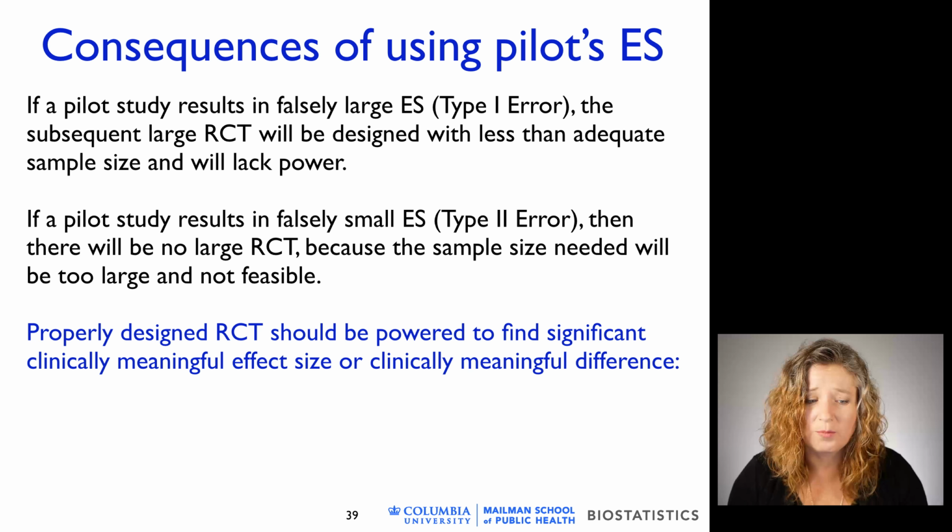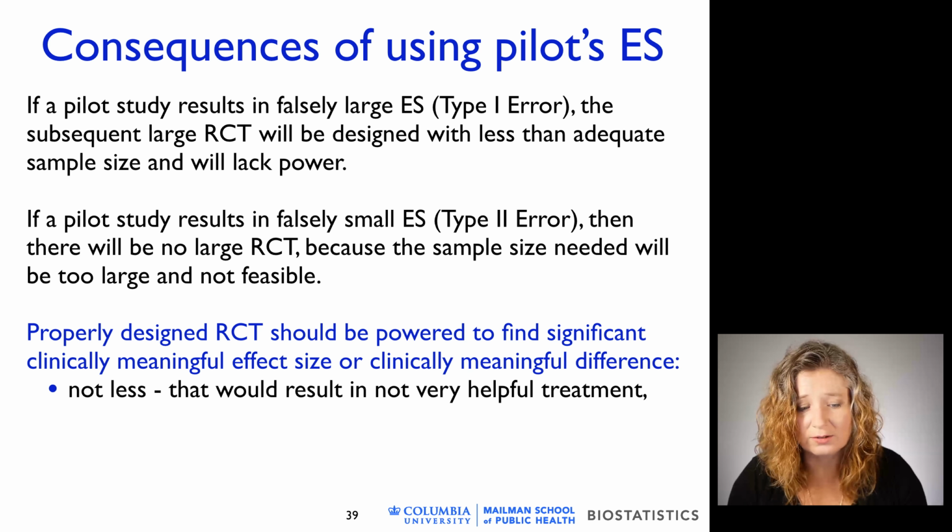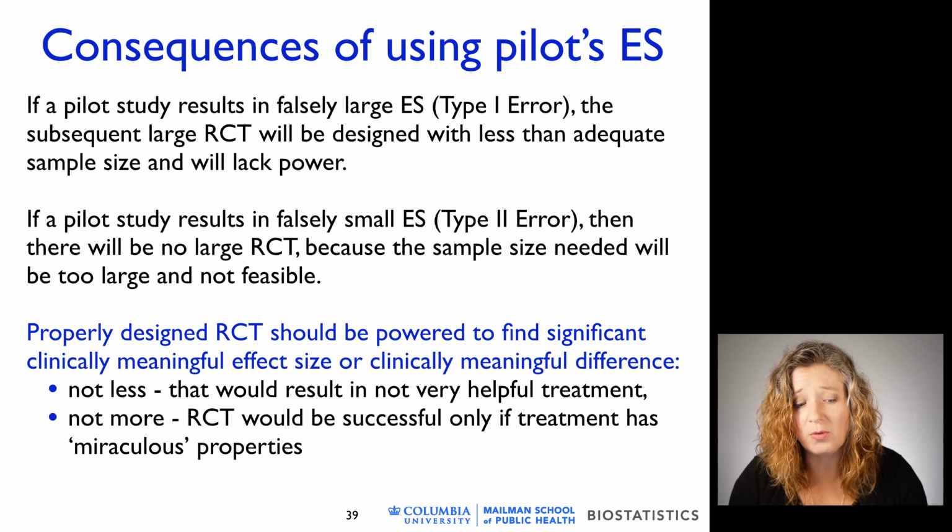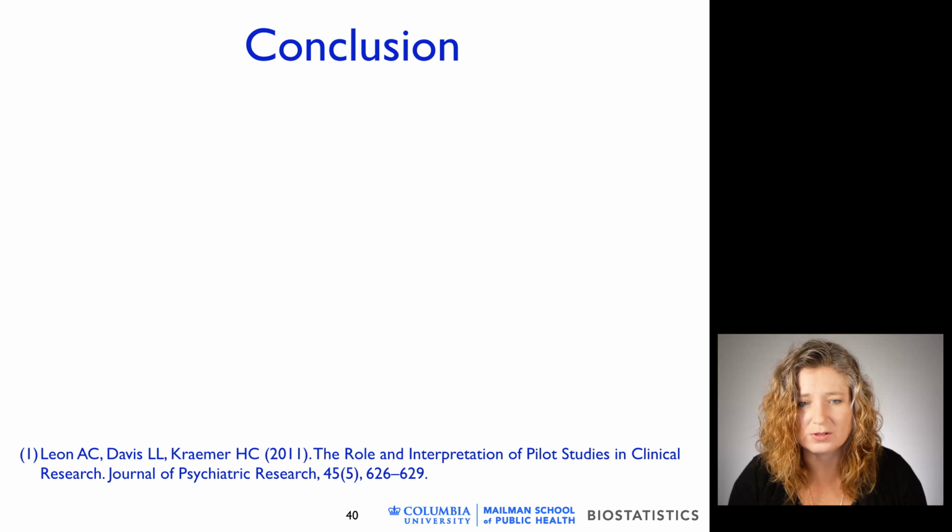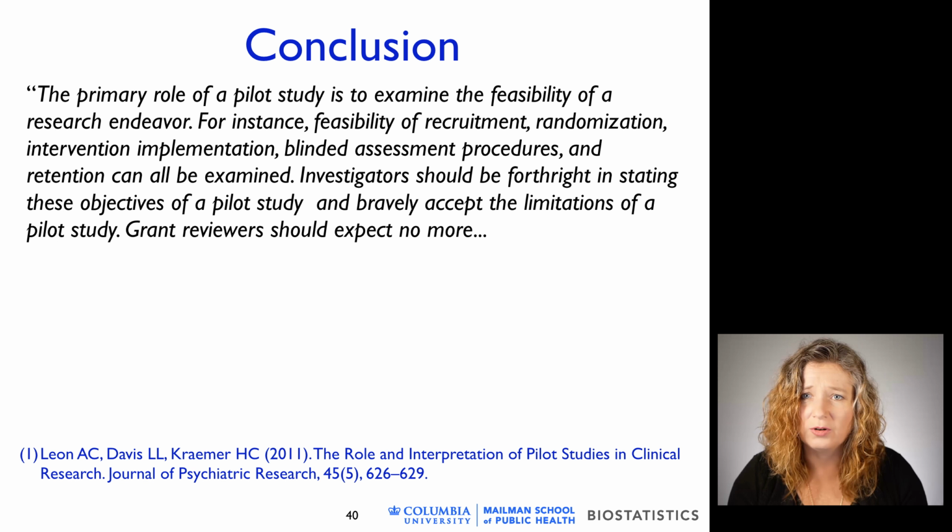So again, properly designed randomized clinical trials should be powered to find a significant, clinically meaningful effect size or clinically meaningful difference. It should be not less, as that would result in a not very helpful treatment, and not more, because the RCT would be successful only if the treatment was super good, much, much better than placebo, in other words, would have miraculous properties. So in conclusion, based on the Leon article, I would like to quote that the primary role of